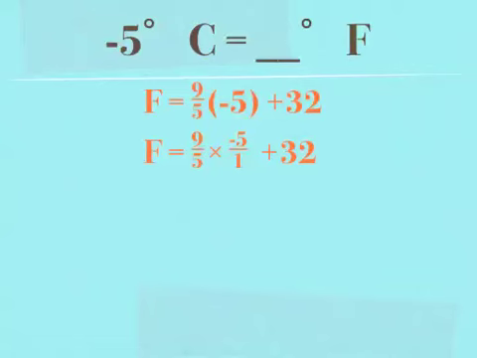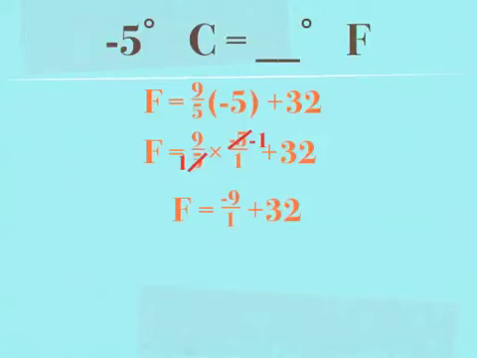When you look at 5 and negative 5 though, really quickly, it's very important that you keep the negative. So be careful when you're cross-canceling and make sure that you still are going to have a negative number in place of the negative 5. Both 5 and negative 5 are divisible by 5, so I can cross them out. Negative 5 divided by 5 is negative 1. Notice it's still negative. And then 5 divided by 5 is 1. When you multiply these fractions, you have 9 times negative 1, which is negative 9, over 1 times 1, which is 1,